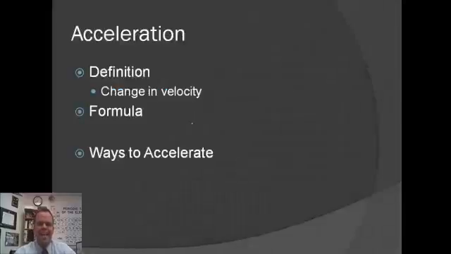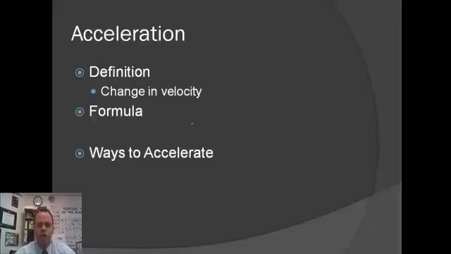Acceleration is defined as any change in velocity. Anytime the velocity of an object changes, we define that as acceleration. In physics, we do not make a distinction specifically between acceleration and deceleration, the terms commonly used in the English language. We refer to any change in velocity as an acceleration, whether the object is speeding up or slowing down,